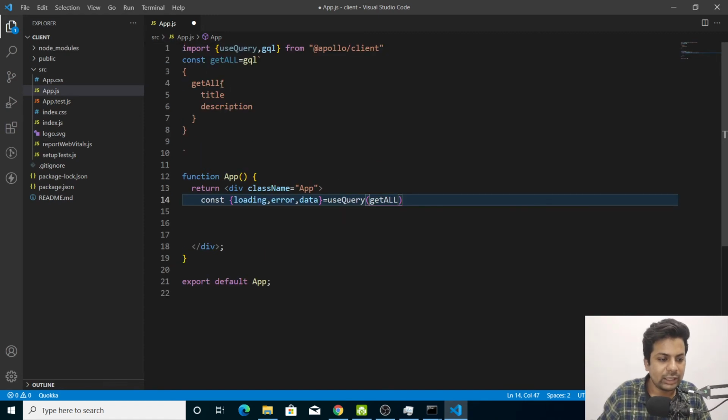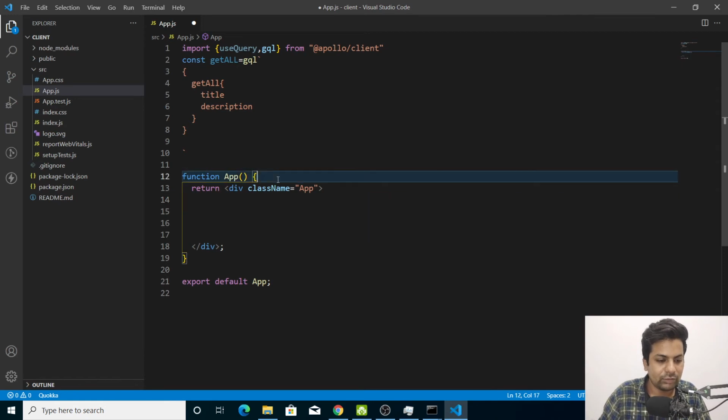So we are telling it to use this query, so whenever it loads it will directly run this and we'll get the loading state when it is loading, the error state if there's an error, and data when it's successful.